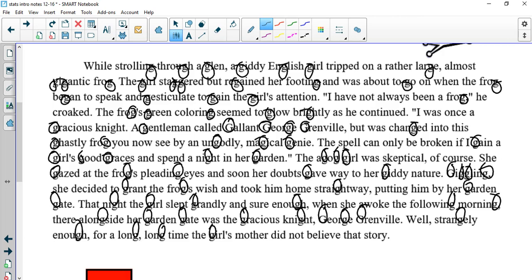1, 2, 3, 4, 5, 6, 7, 8, 9, 10, 11, 12, 13, 14, 15, 16, 17, 18, 19, 20, 21, 22. Doesn't help when the circles aren't lined up. 23 through 32. Oh, I lost count. 32, 33, 34, 35, 36, 37, 38, 39, 40, 41, 42, 43, 44, 45, 46, 47,